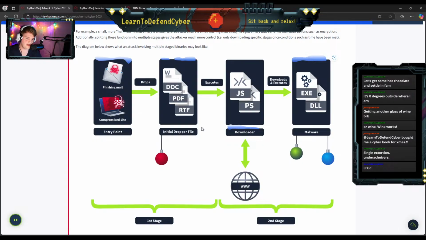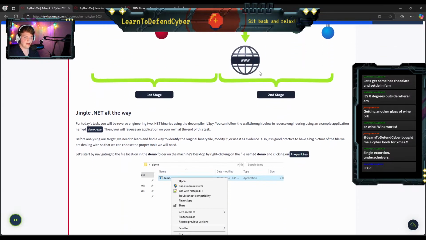Depending on how they have things set up, you might have dropper files that call down a downloader, with a stage somewhere that establishes persistence, sticking it in your startup folder or making scheduled tasks, so that every time it's going to try to pull down this malware and execute again, because that's what they want, right?